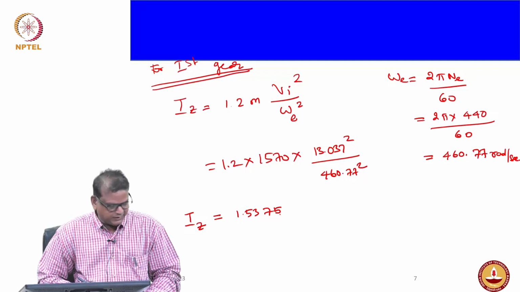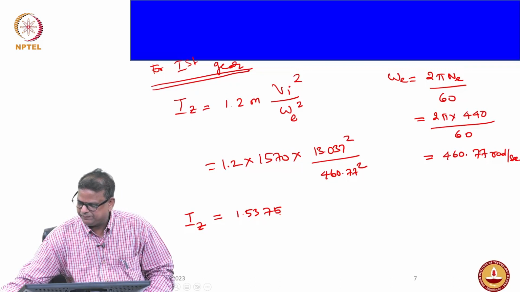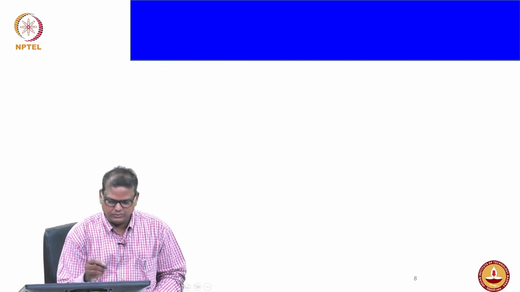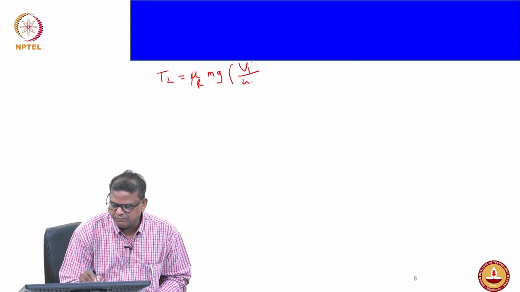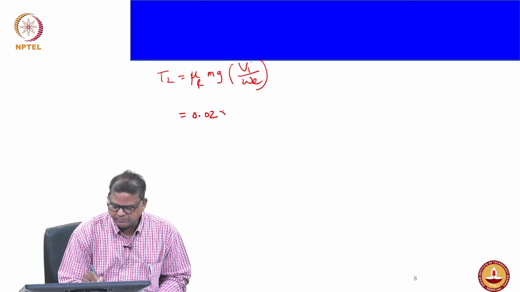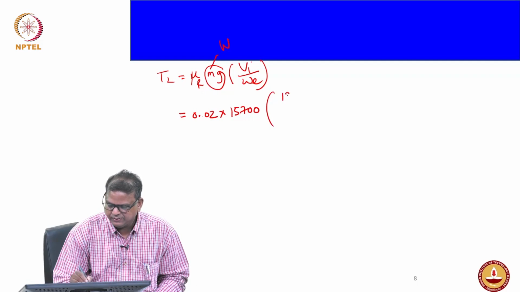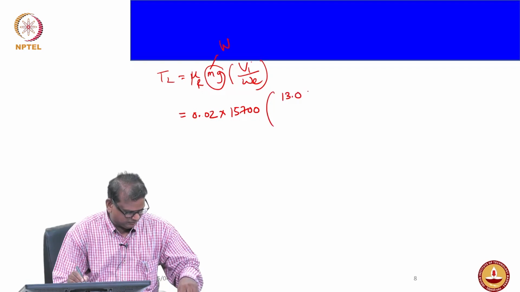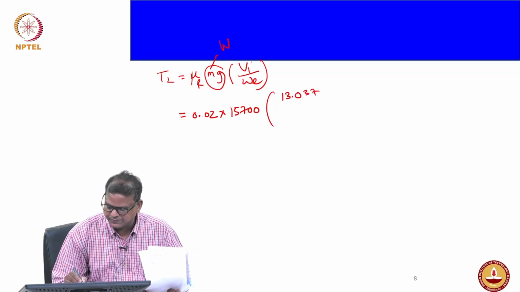The second one, we need to find out the load torque. Load torque T_L is again mu_r m g V_i by omega_e. So, mu_r is nothing but 0.02 and the mass 15700 is like a W, so weight. Then V_i 13.0, right, 13.0, look at 037, omega